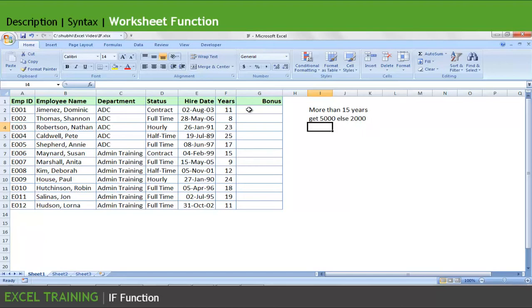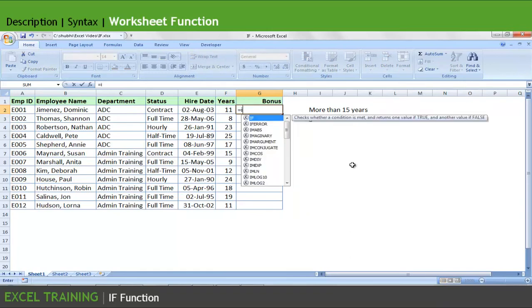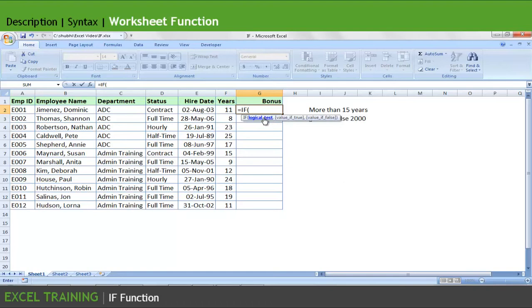To use that in Excel, I'll start with the function as equals, I will write IF, as with any other function. The moment this function is highlighted in the drop down, I can press Tab on the keyboard to get the brackets here.